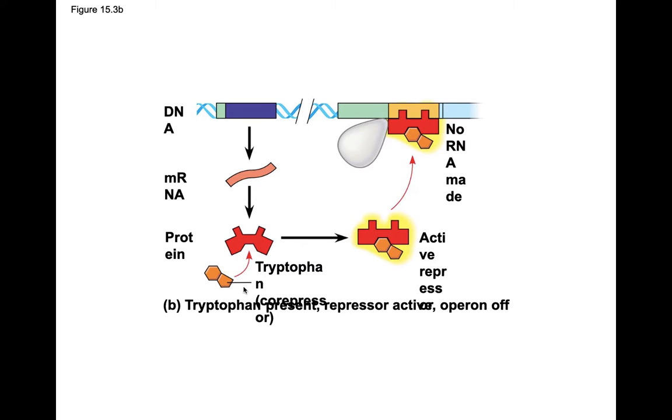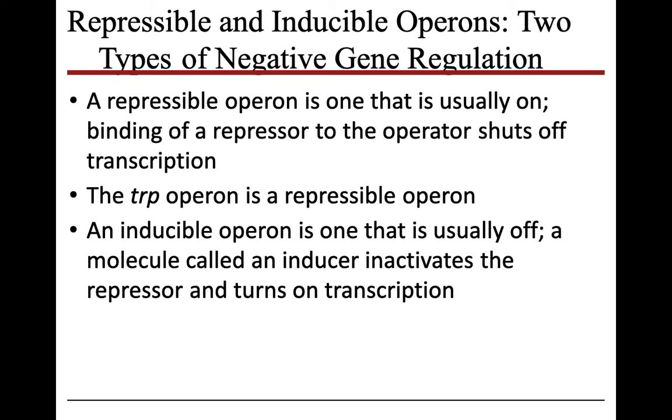So when we have tryptophan present, tryptophan is going to bind to the repressor molecule, which will make it active, and then this activated repressor will prevent RNA polymerase, which attaches at the promoter, from interacting with the DNA molecule. A repressible operon is one that is usually on, and the binding of a repressor to the operator shuts off transcription. The TRP operon is a repressible operon, which means most of the time it is going to be turned on because